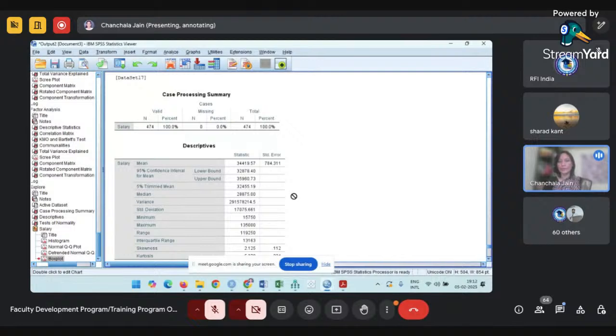The median divides your data into two equal parts, so it only considers the middle two values, and that is how the median value comes. This is the difference between the median and the mean. The mean considers all the values, but the median considers only the two middlemost values to get this figure. Okay. Right?